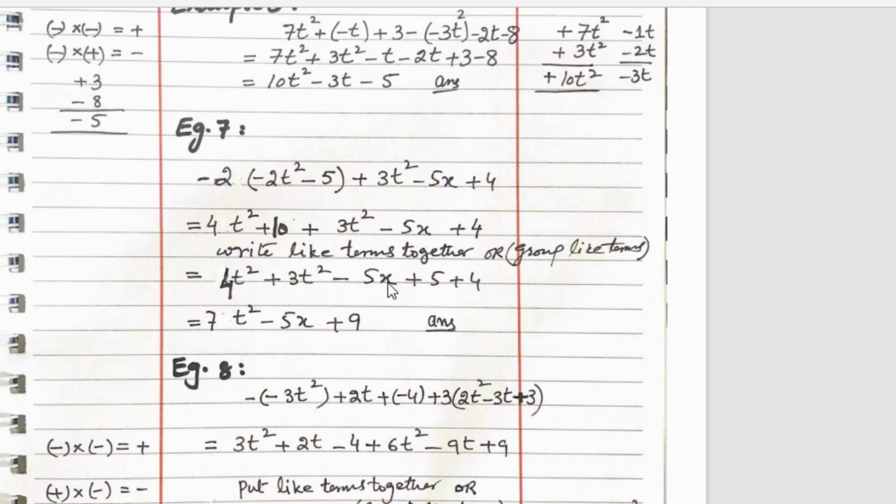So x is a single variable over here, so the term with it, minus 5x, will come as it is, plus 5 plus 4. Very simple, you can count it on the tips of your fingers. 5 plus 4 is 9, but please keep in mind that you are doing algebra. So plus 5 and plus 4 will definitely give you 9, but with a plus sign, and the plus sign will come over here